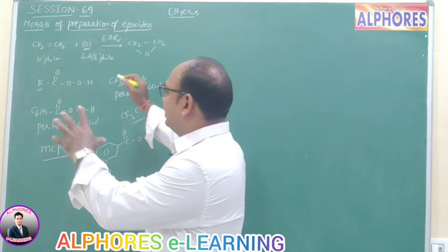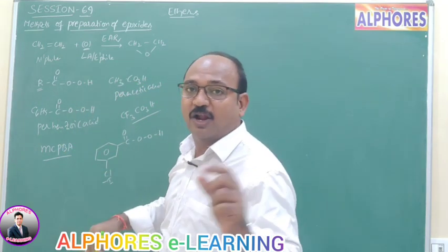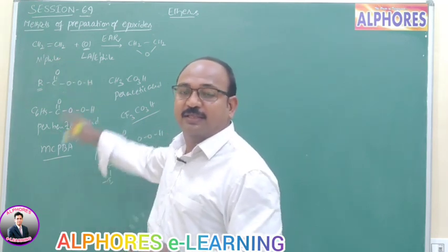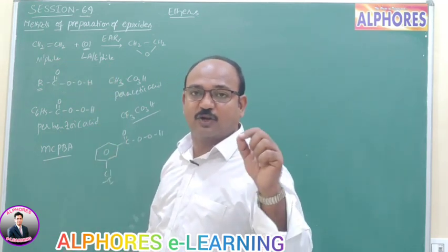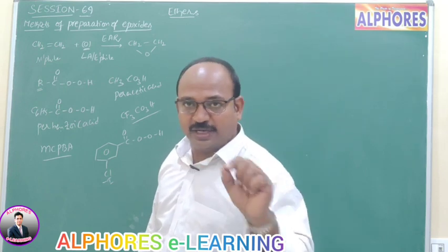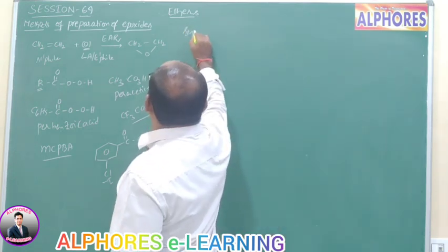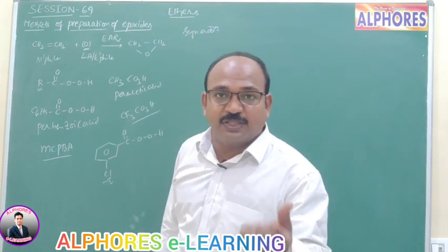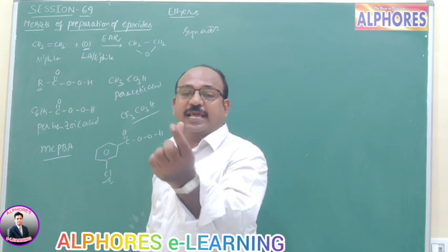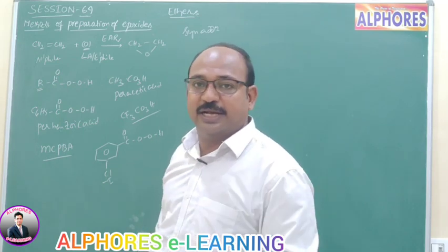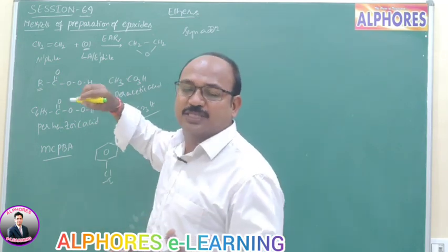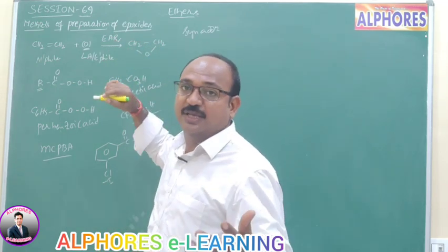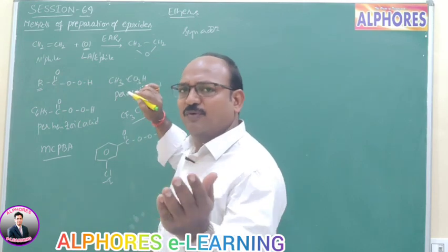Now this reaction is nothing but oxidation. Here oxygen acts as an electrophile and the alkene acts as a nucleophile. This reaction is the best example of an electrophilic addition reaction. This addition proceeds as syn addition, meaning with respect to the double bond, oxygen is attached from the same side, right? So these epoxides upon hydrolysis give vicinal diols. That we will discuss a little later.